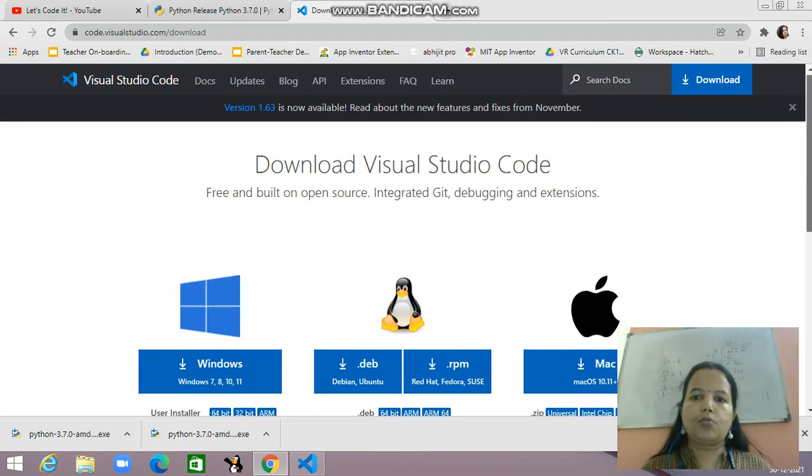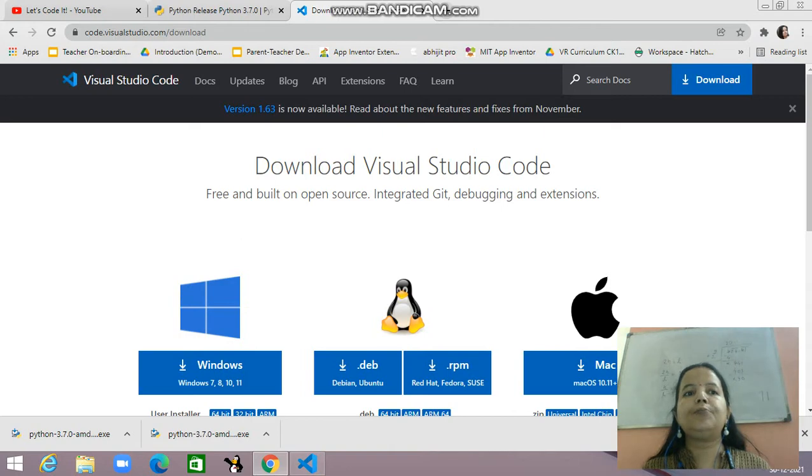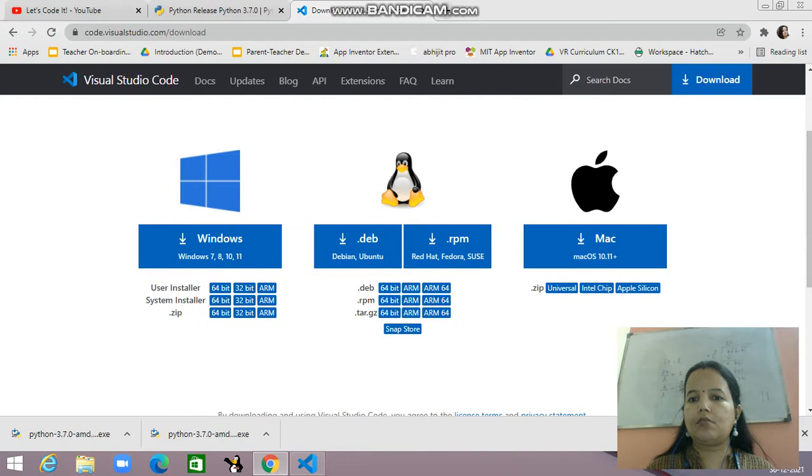I'm using Visual Studio Code, and if you want to use VS Code, you just have to come to the VS Code website. If you are using Windows, you download this one. If you are using a Mac or anything else, you can use this one also. I think you understood this. Now this is for Python and this is for VS Code.